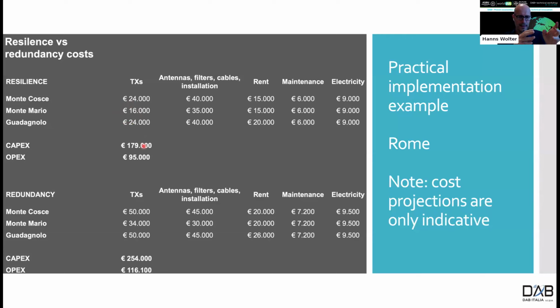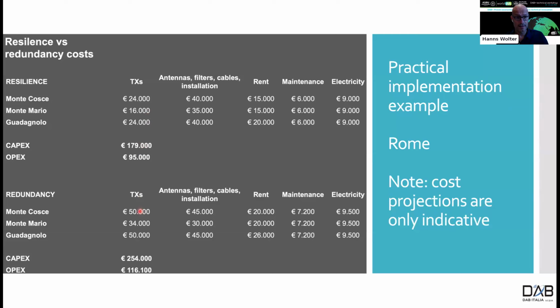which are pretty important. Montecosce and Guadagnolo have very big antenna systems, and Monte Mario is in the center of Rome, so it's an expensive site by itself because it's in a very strategic location. Anyway,